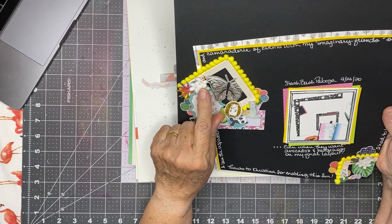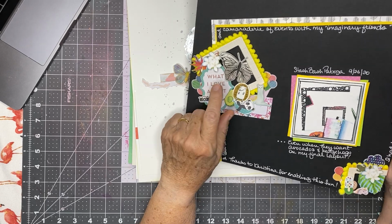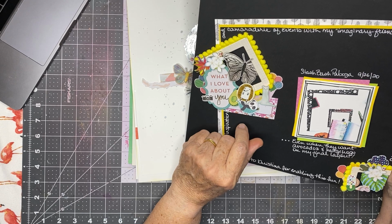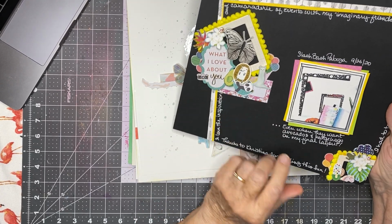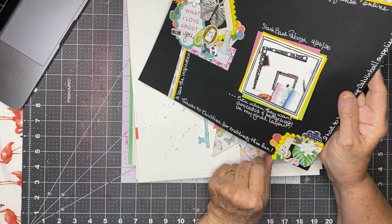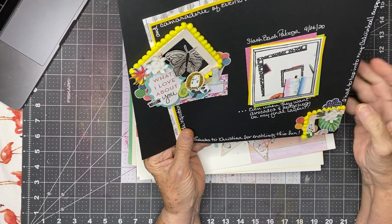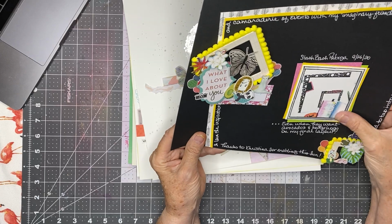These are fussy cut from a very small scrap of paper from a different scrap. This butterfly is missing a wing. I think that may be one of the last ones I have from that Vicky Boutin paper. Some balloons from a birthday paper, a little panda in a hammock, and a llama or alpaca, I forget what that is, and a hedgehog and an avocado, more balloons, and I've got a frog and some more flowers, a tropical leaf, a unicorn, an ice cream, a couple of citrus fruits, some more balloons. Just a very, very fun page to do, and it's about the camaraderie of online scrappy events with my